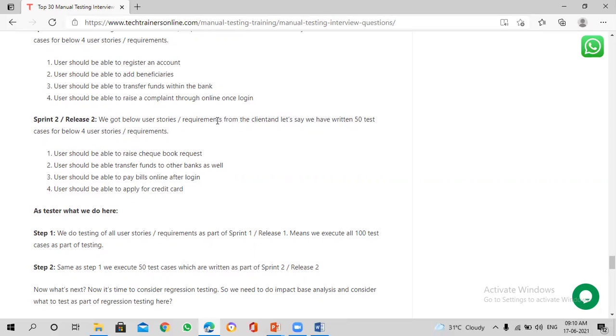Whenever we talked about sprint grooming, they ask for estimations: how much time you need to test this user story or to develop the user story. I explained sprint grooming, right, where the product owner comes and explains what this user story is all about. They also ask you to provide estimations of how many hours it will take for development and testing. So when you are doing that estimation, you need to consider the regression estimation also. For example, in Sprint 2, you are testing one of the user stories from Sprint 1 again.